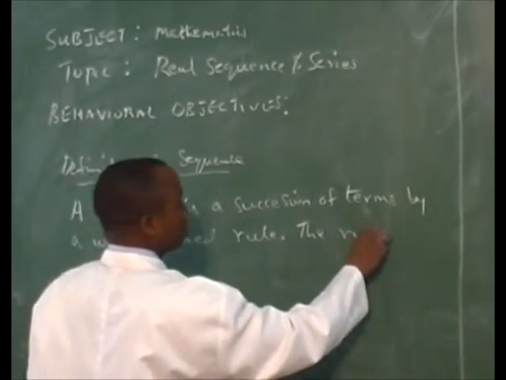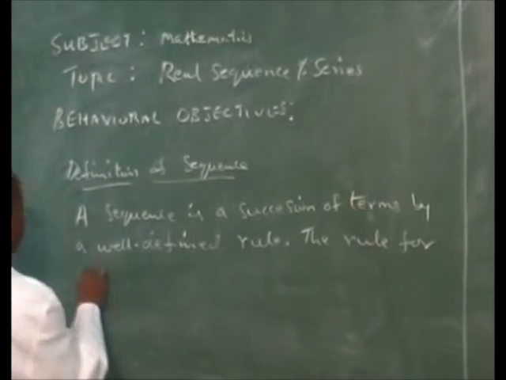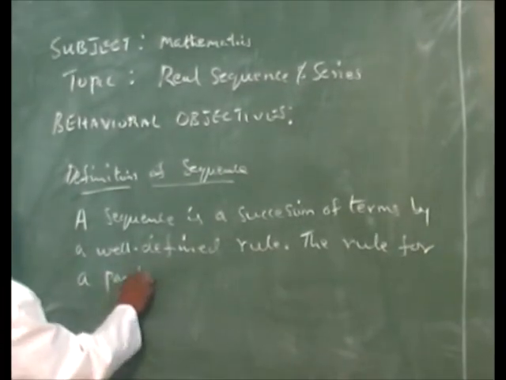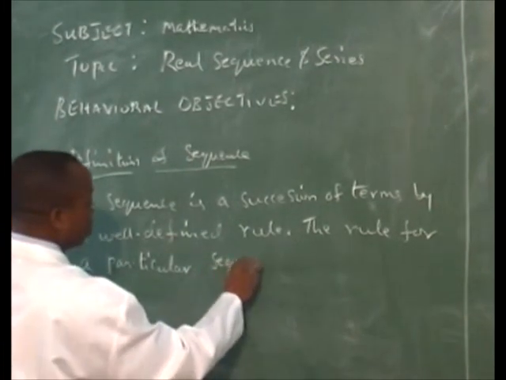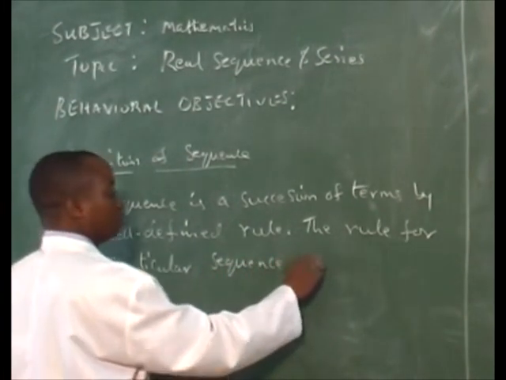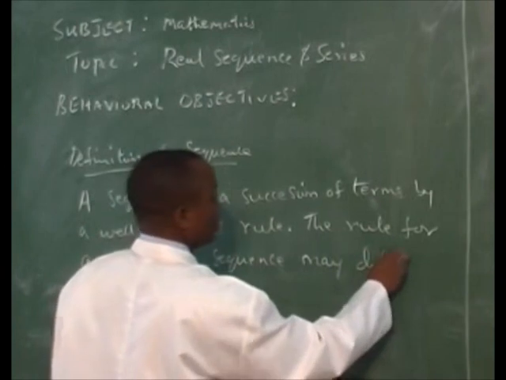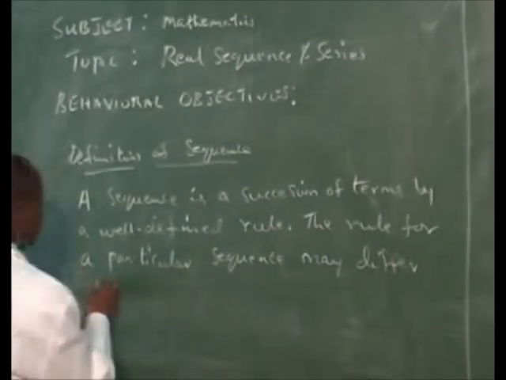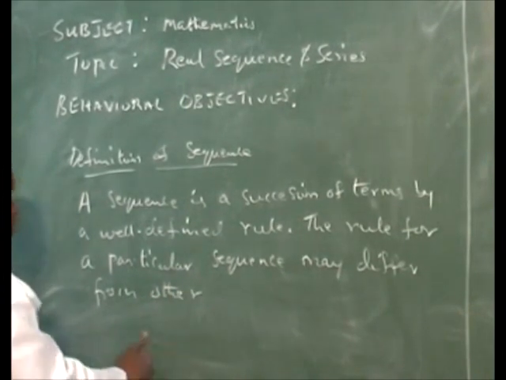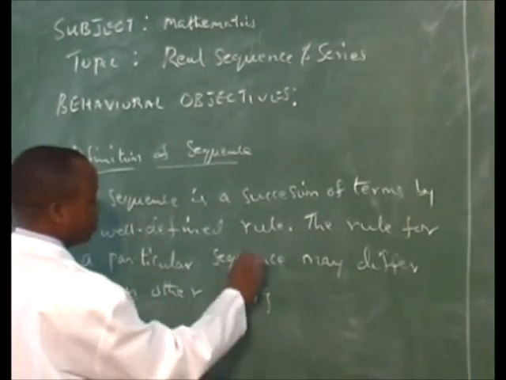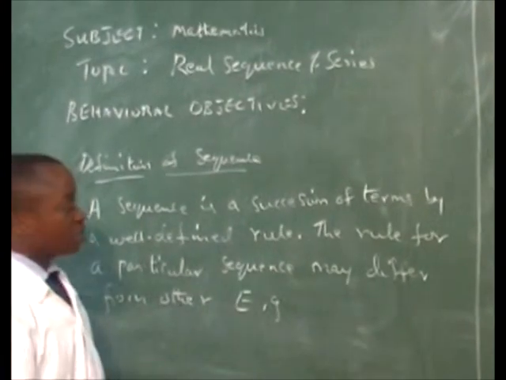The rule for a particular sequence may differ from others. Example of sequence: